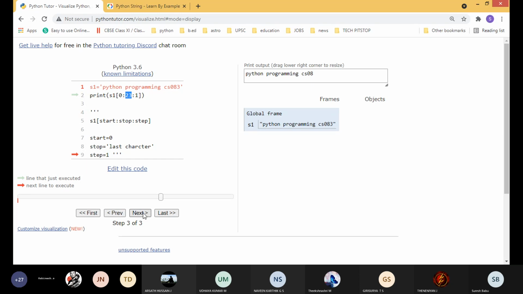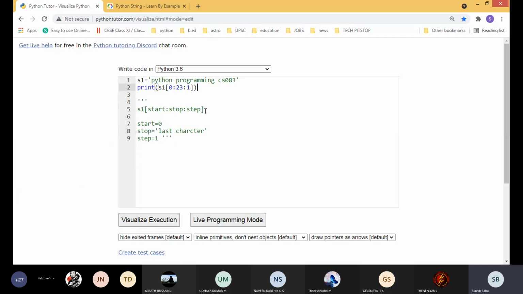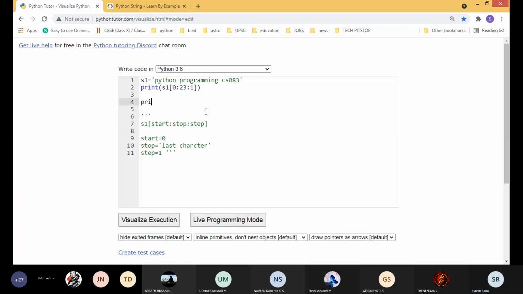Yes, students? Okay. So I will show you one more thing. Kindly tell me the output, students. Starting value, ending value, and a step value. Okay, so 3 to 10. If you didn't give the step value, it will take the default of 1. So now tell me what will be the output, students.